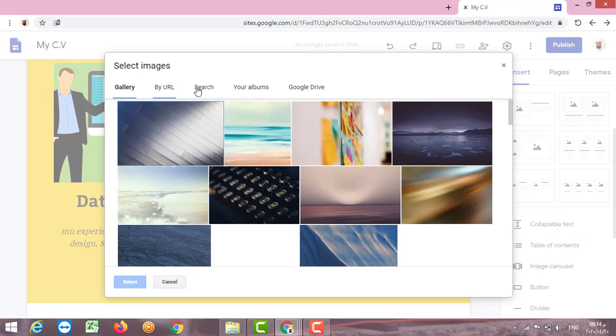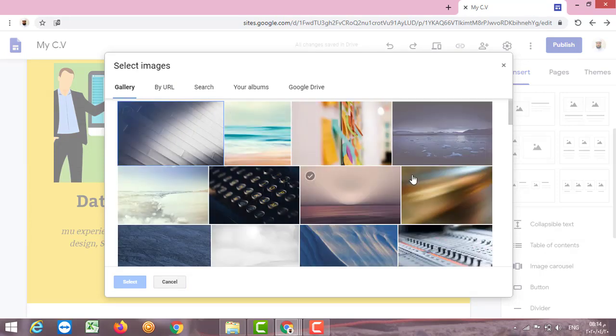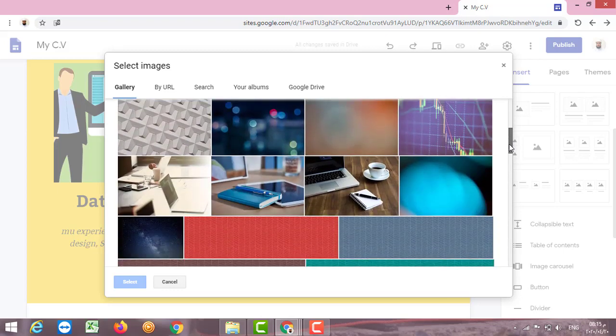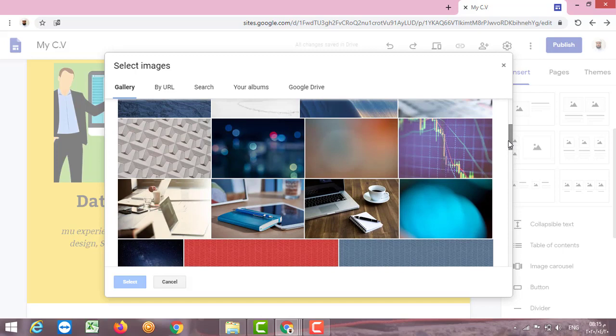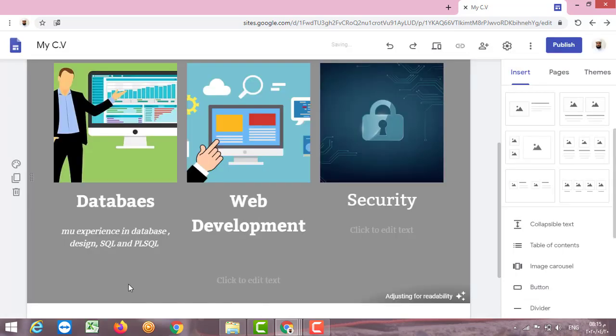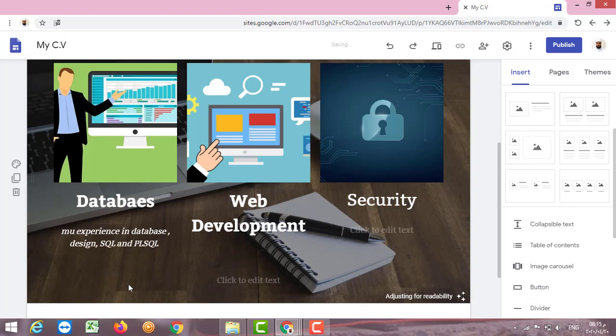Let's do the search, and we have whatever image we can use from here. Also we can upload our own image. Since I'm doing it with the computer, I can use this. Select. Now this is my background of the website for the home page.